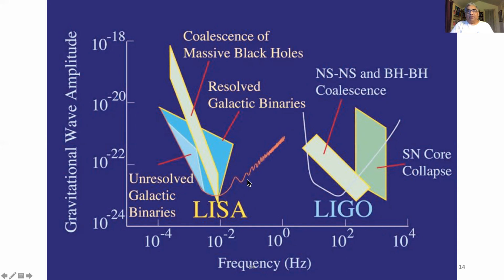So LIGO is very good at finding two neutron stars coalescing. LISA is very good at finding two white dwarfs coalescing. Remember, the system is larger. And in a great thesis topic by a graduate student, Kevin Burdge, he more or less doubled or tripled the kinds of binaries that LISA will be able to easily detect once it's launched, roughly in the mid-30s. These binaries that Kevin's finding are very special because they're eclipsing. So you know their geometry, and you can really use them to calibrate the LISA mission.